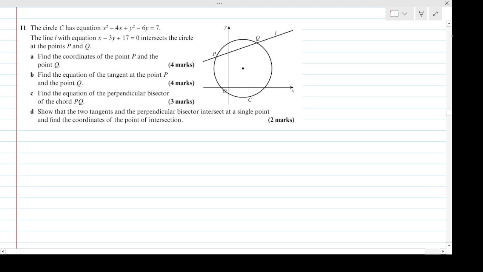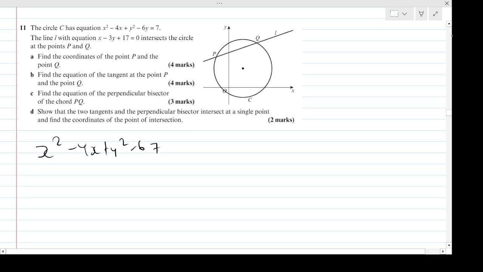Well, P and Q correspond to the intersection of the line here and the circle. We know what to do when the line and the circle intersect. We need to substitute them in. And actually we're given both equations, the equations of both the circle